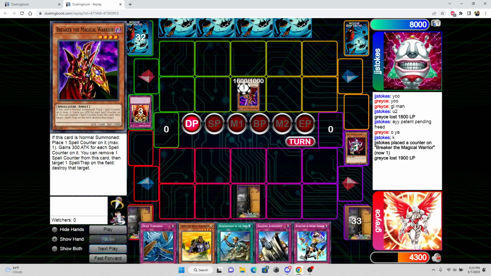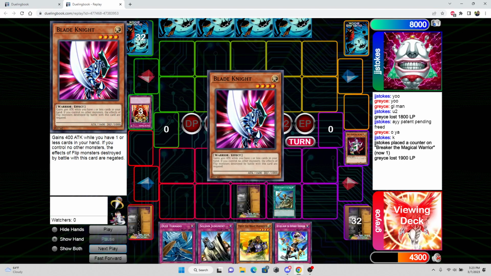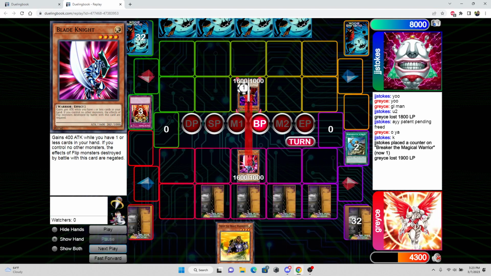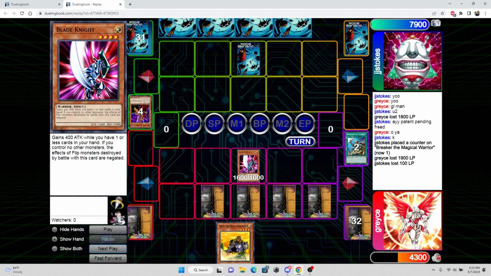But we draw. I'm happy to not see another monster, and that way we can go Blade Knight and get that free plus, baby. And we'll just set everything here and save the heavy for another day. He sets 1